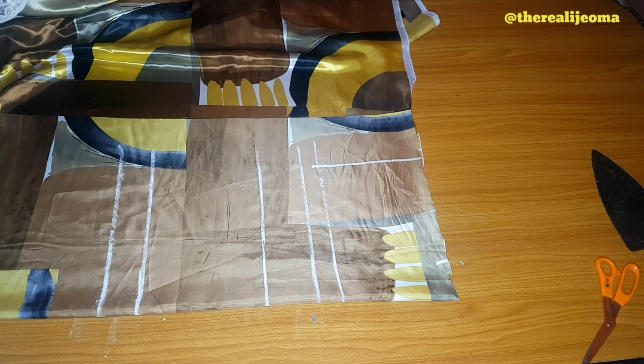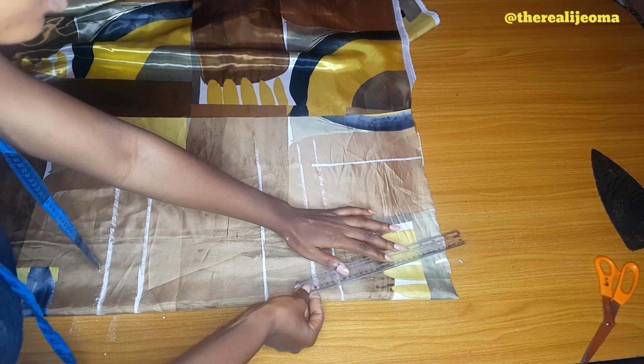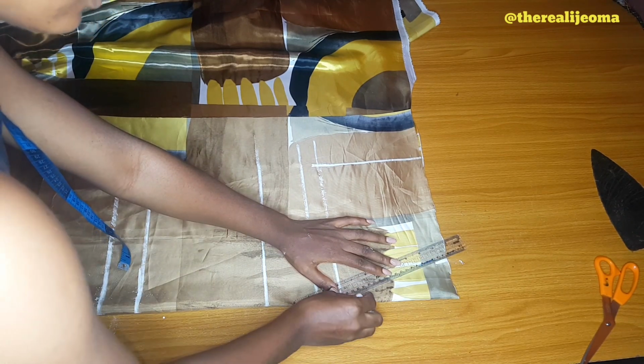Let's assume that it is 27 divided by 4. Let's just assume that it is 7 inches. I will add an extra 1 inch to it, and that is 8 inches. So I'll connect my waistline to my